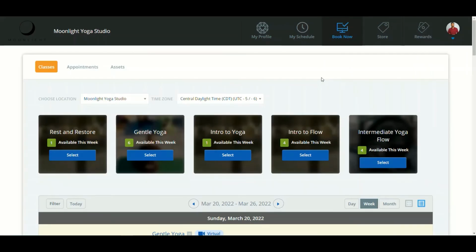All right, so as you can see, I am within the client web app, and I'm currently signed in as a client whose name is Julian. So from here, what I want to do is go to appointments, and we're going to book that first consultation appointment because it's tied to the form that we have set up as a staff member, and it's going to require the client to fill out that form upon booking that appointment. So let's go into appointments,